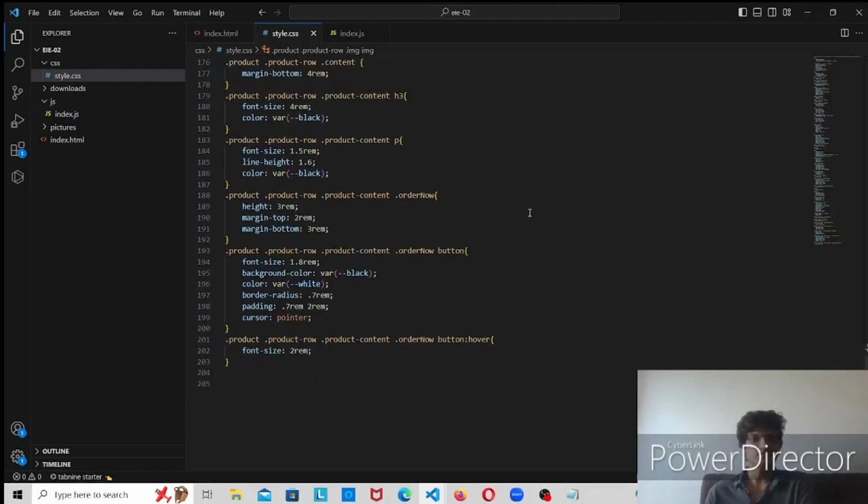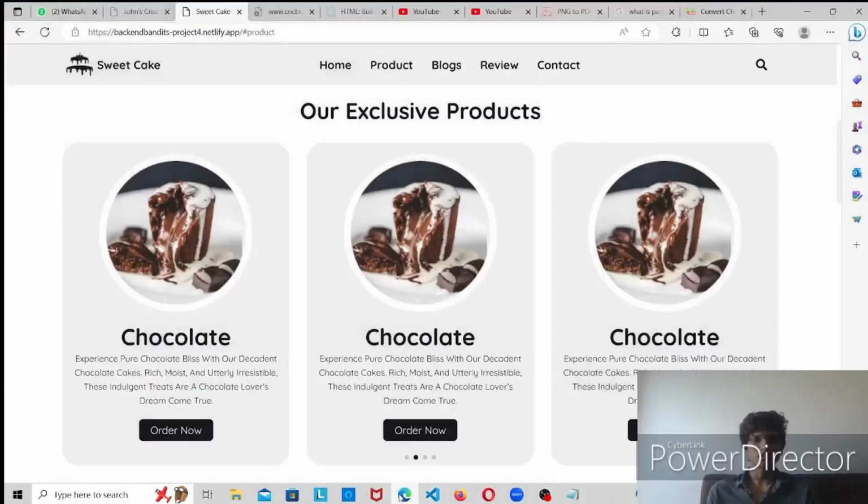And there's a button. So for the button box, we have given the height. We have styled the button. We have given the sizing to the button with height, margin top and margin bottom. And again, the units, you can put them as you want. And now for the button, the content inside the button, the font size, we have given the background color, we have given the color, etc, etc. And as soon as now talking about the button box, we have given sizing to the button. We have also made styling to the text inside the button, and now we are giving the hover effect in rem. So this is how our